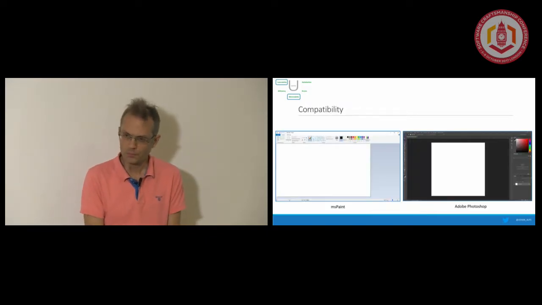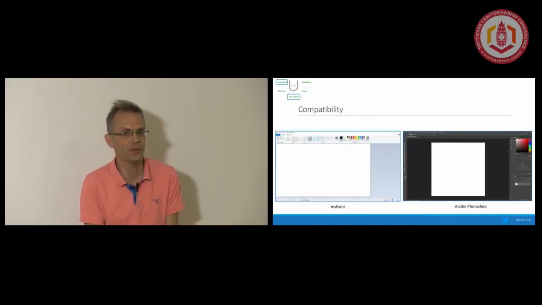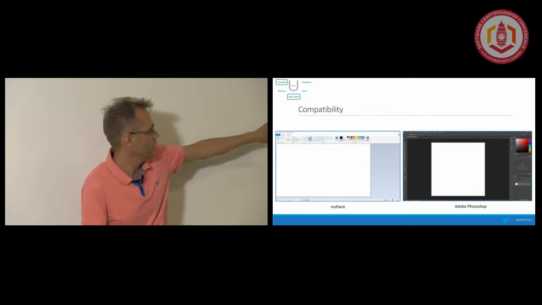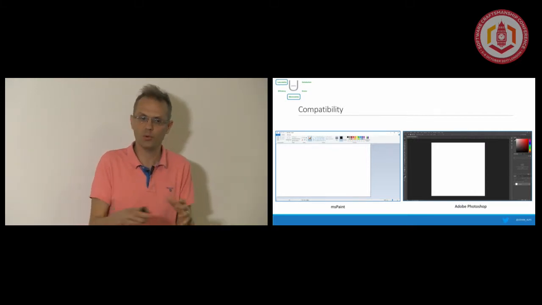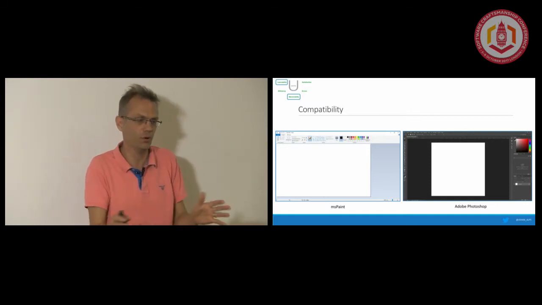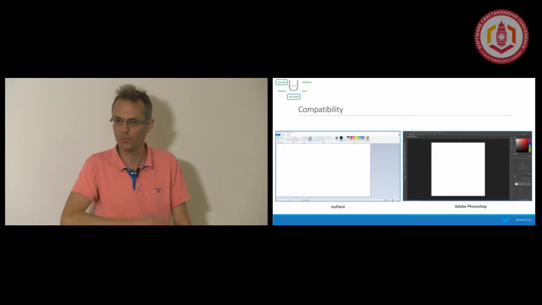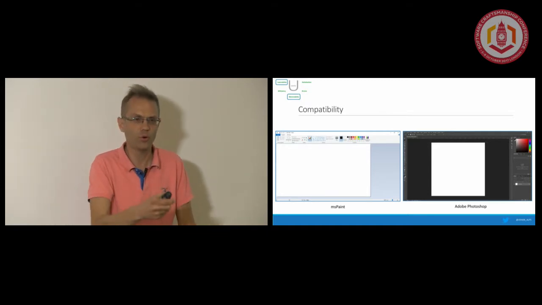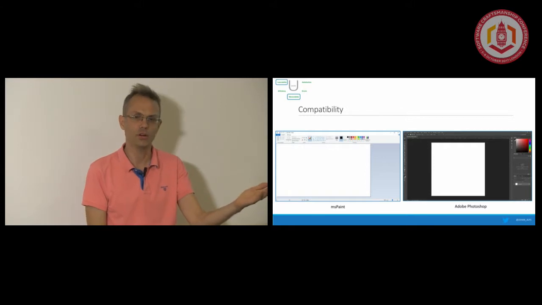There's another aspect. When we design something, we have to think about who our user is. MS Paint is very compatible with me, for instance. I don't know anything about Photoshop, so I prefer to use MS Paint. But other people prefer a more efficient tool, and they sacrifice learnability.